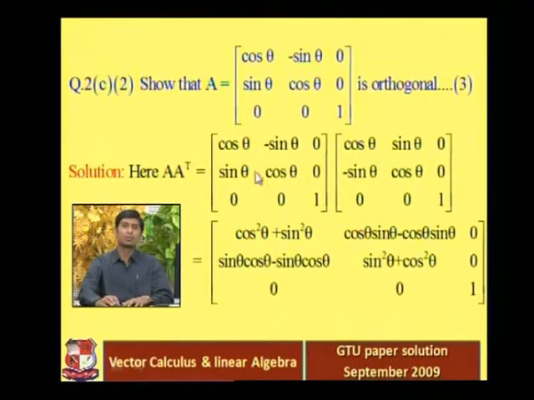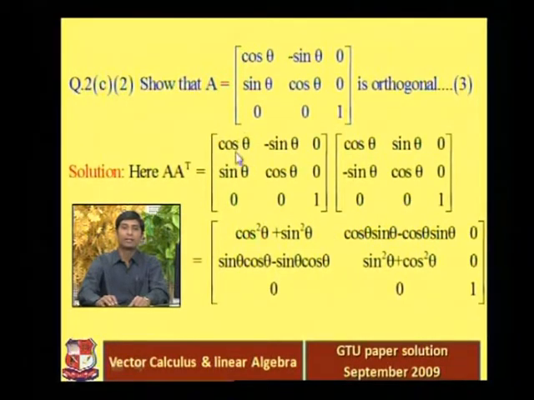Here it is quite easy because both matrices are 3 cross 3, so the number of rows and columns are all 3. Now what is the method to multiply two matrices? Just pick up the first row of the first matrix and multiply with each column of the second matrix. So pick up the first row, cos theta, minus sin theta, 0, and multiply with cos theta, minus sin theta, 0. You will get cos square theta plus sin square theta,